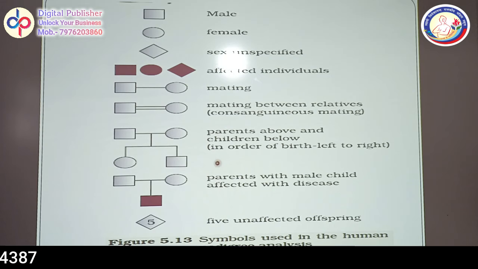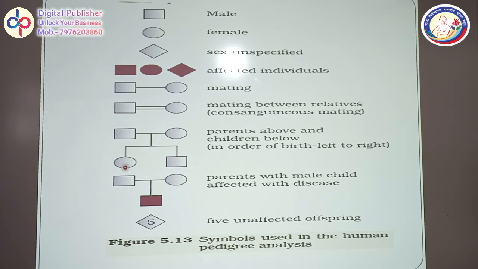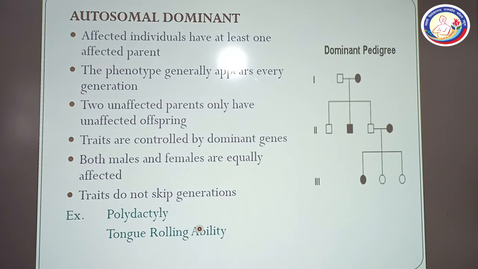So you can see this is the first offspring, a girl child, the second is a boy child, and again this dark colored square shows an affected child born. The tilted square with 5 written inside represents the 5 unaffected offspring. Now we will discuss some examples and types of